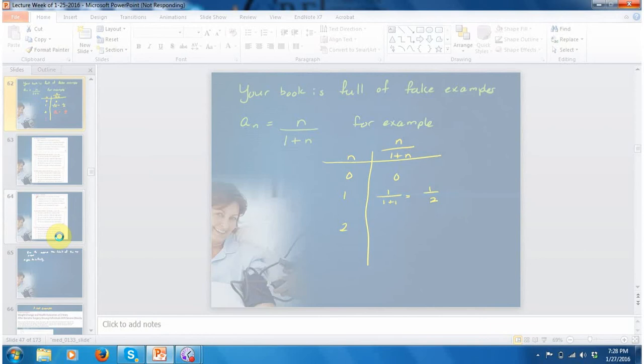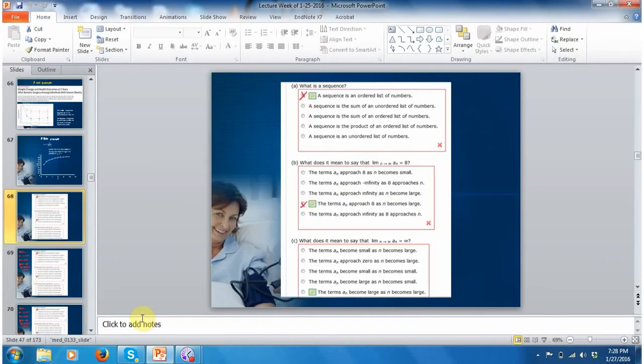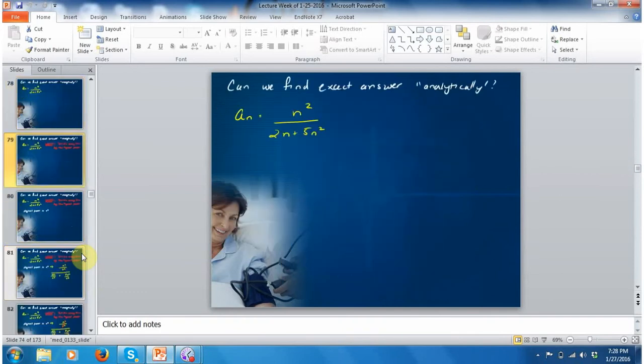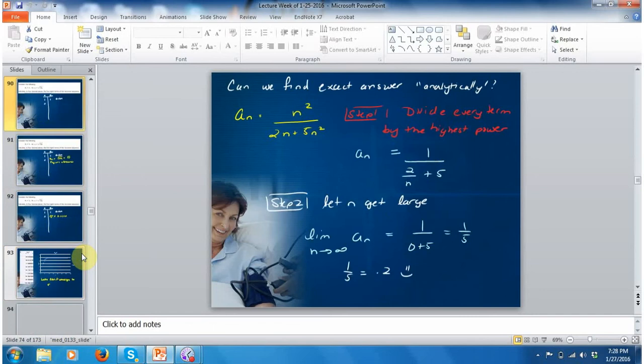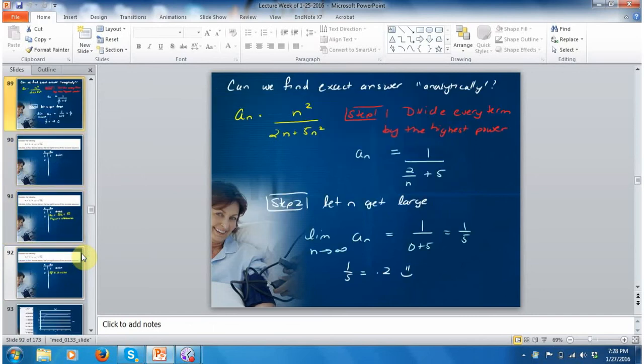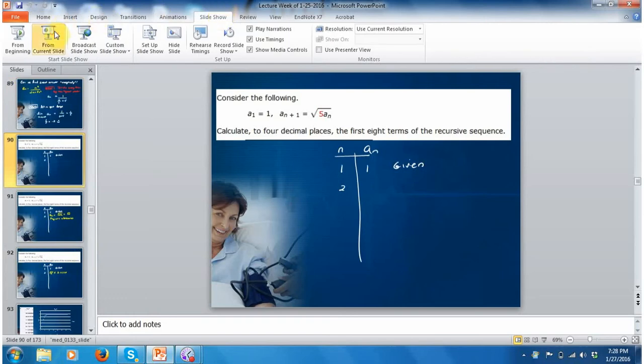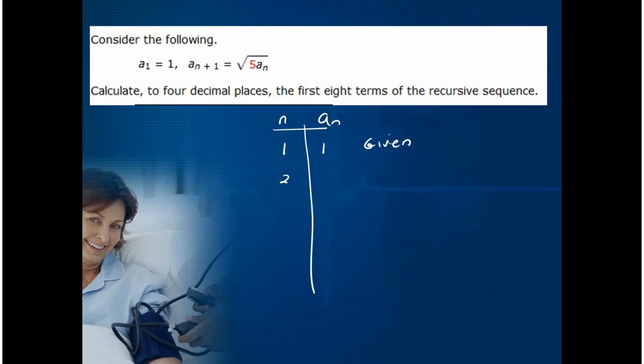If a PowerPoint will let me. So I'm going to do 2 Webassign problems on this module. The first is the square root of 5 times an. It's a recursion equation. We already dealt with a recursion equation on the first quiz, but if we want to